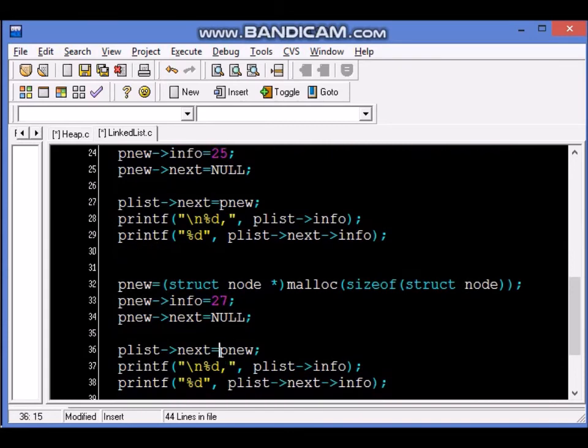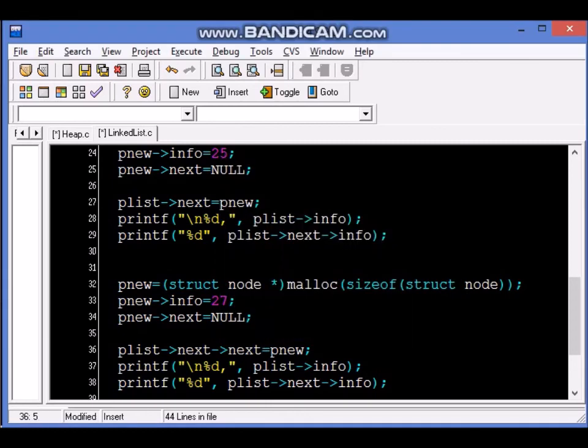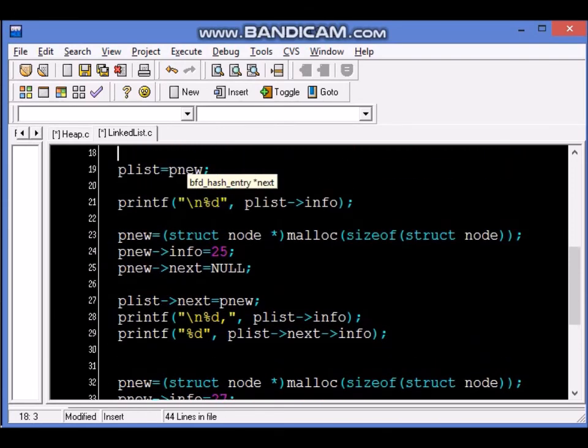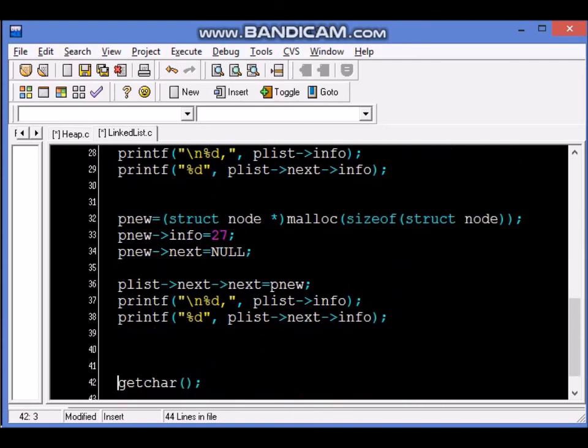So this time when we connect, I cannot simply say next is equal to pnew. I'll have to say next next is equal to pnew. So in line number 36, we are saying plist next next is pnew. In line number 27 we said plist next is pnew, and in line number 19 we said plist is equal to pnew. So every time we are increasing the counter by one step. Now this may seem a cumbersome activity, but we are just trying to understand how pointers work. So now when I run the output,